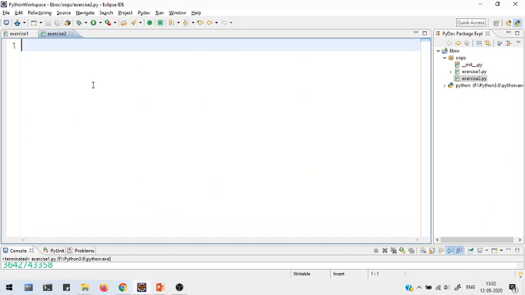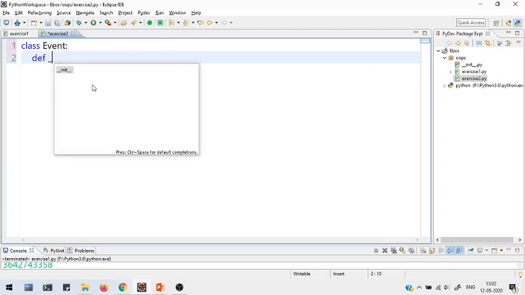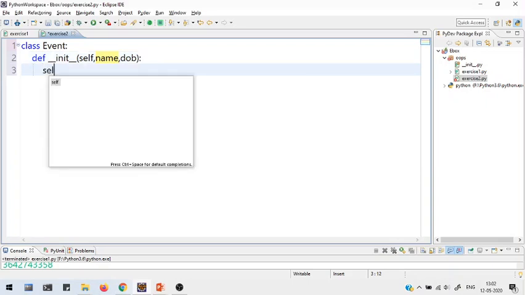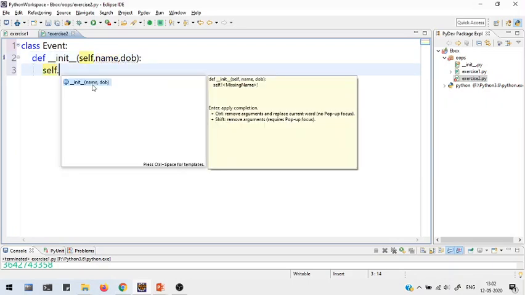So I have created another Python file, exercise 2, and here we'll be creating our class. Class event, that was the name of the class given in the question, and it has two members, so we have to initialize the members. The first member was the name and the next member was date of birth, and the class attribute is double underscore name.